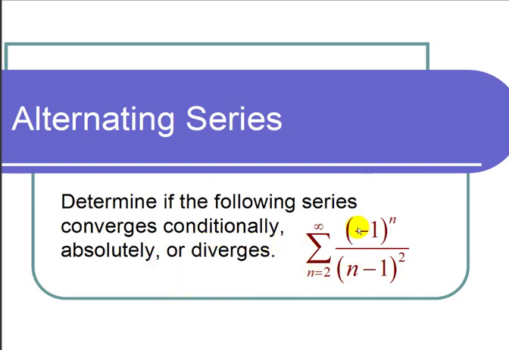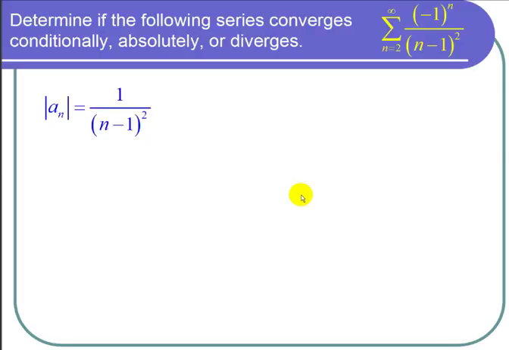Well, if we get rid of the negative 1 to the n, in other words, we take the absolute value, then we get 1 over (n minus 1) squared. That looks like the p-series 1 over n squared. So our strategy is to show that this is an absolutely convergent series because it looks like the convergent p-series. So I'm going to use the limit comparison test, and I'm going to compare with the summation of